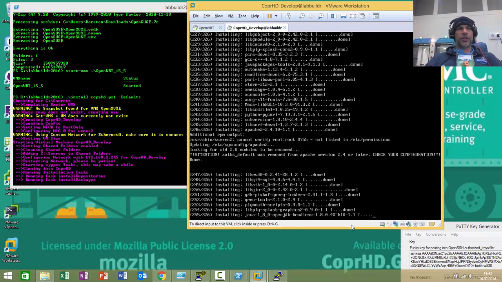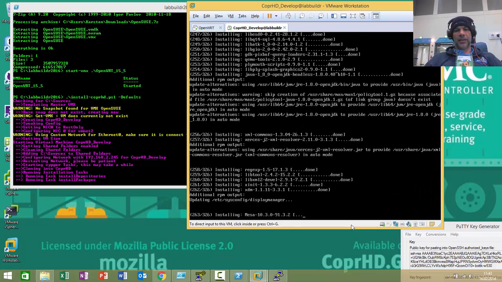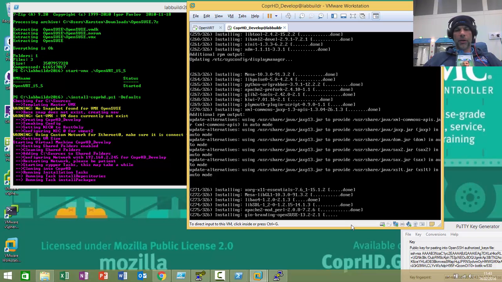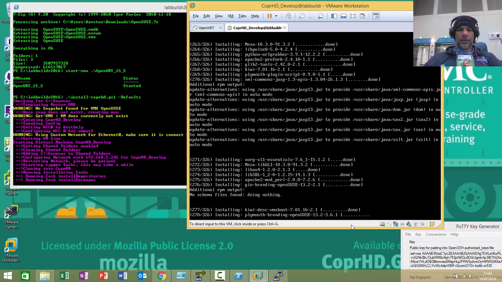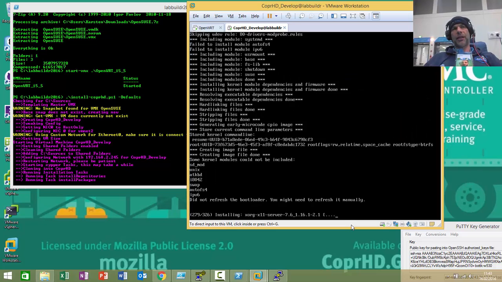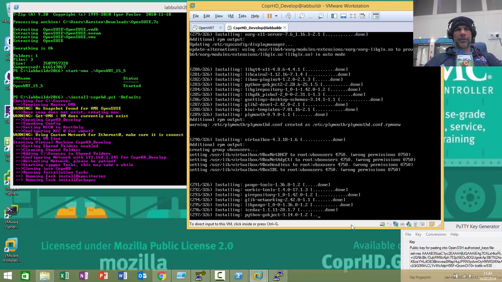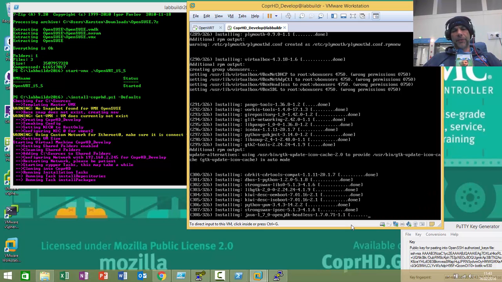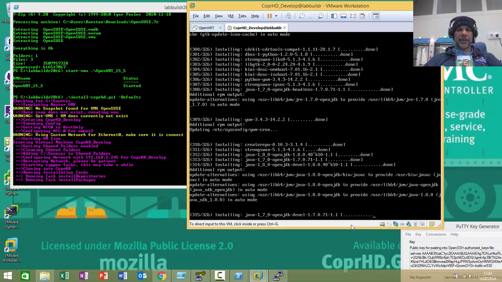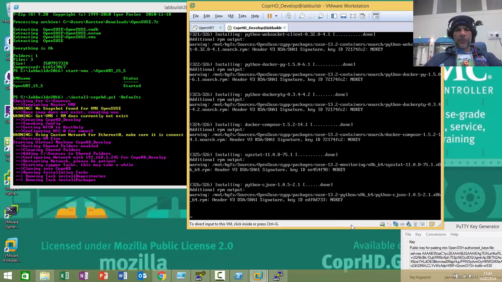So we can run CoprHD on Hyper-V, we can run CoprHD as an image on VMware, on KVM, so whatever you want. It takes a few moments to install all the packages. Once the packages are installed, we essentially start with the build process. The build process then starts to download some Gradle components, download stuff from Apache like Cassandra, download stuff from the Play framework. We're using the Play framework as a responsive design front end for CoprHD